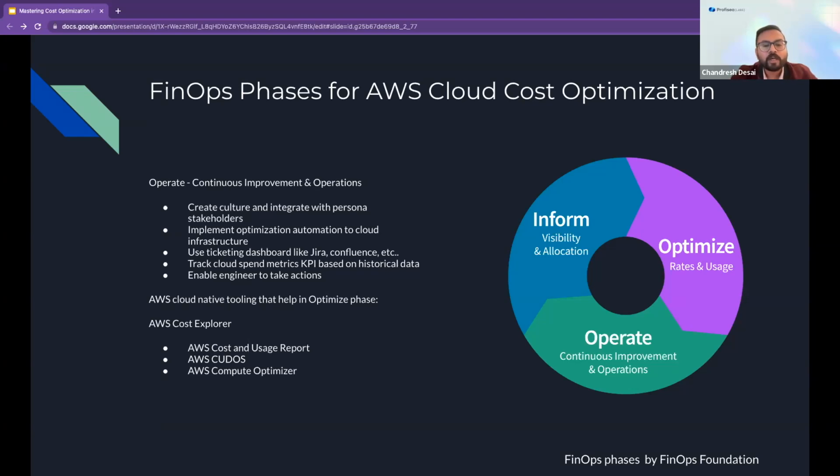As tooling, we already got an idea about the AWS Cost and Usage Report, Cost Explorer and Compute Optimizer. I believe in this phase you can definitely use the Cost and Usage Report, and send the data to an S3 storage account in a CSV file, Parquet file or any other format, and export this data into Redshift.